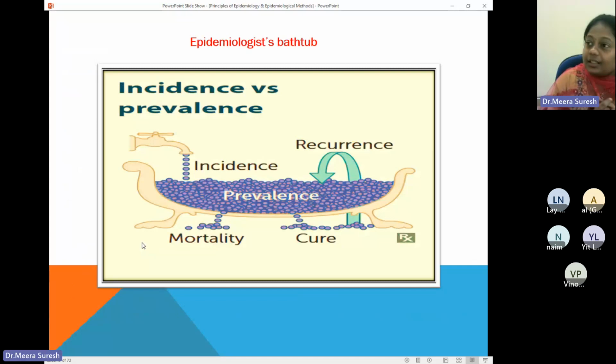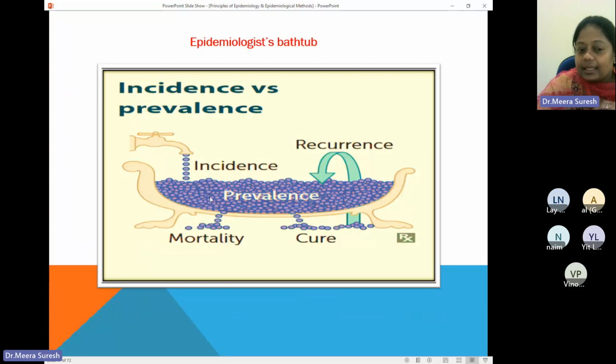So this is something like we saw the iceberg phenomenon in epidemiology. Likewise, this is another common picture or image that is used in epidemiology, which is called the epidemiologist's bathtub. It indicates the incidence and prevalence, and their relation, in a diagram. So you can see some cases are existing, and that is actually the prevalence. It can be new and old. The new cases, or the new water that is coming up, the droplets coming from the pipe, the new one,